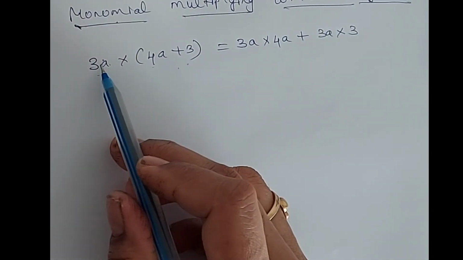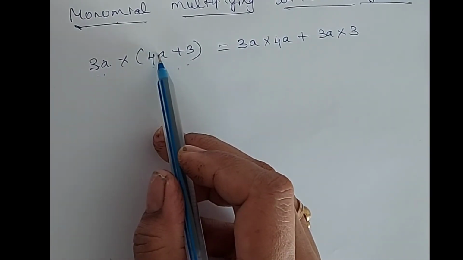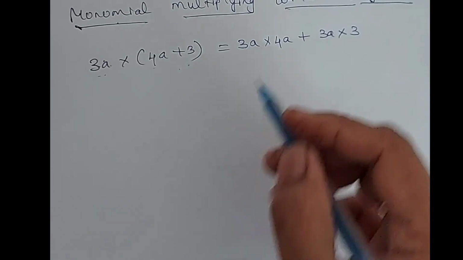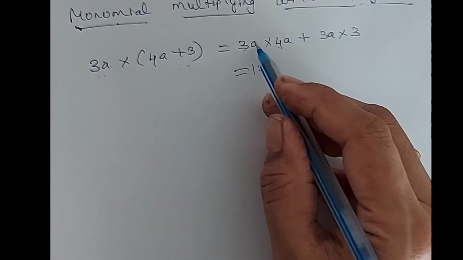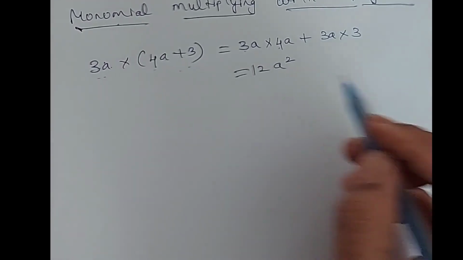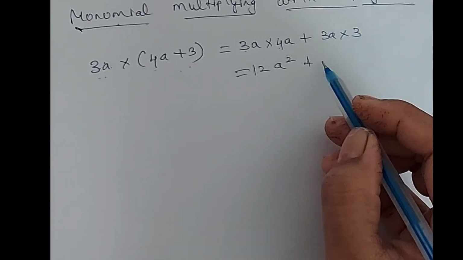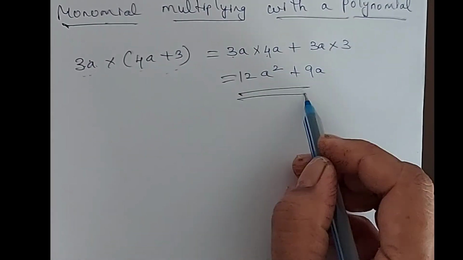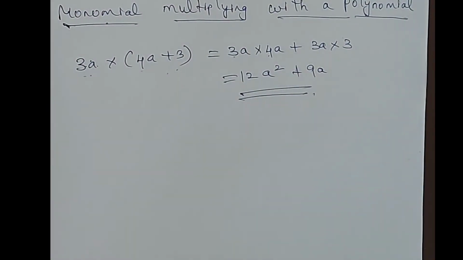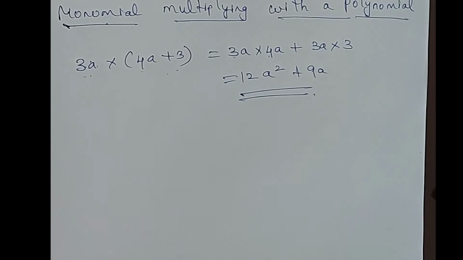First the monomial with one term and then the monomial with the second term. So 3 4s are 12 and a into a is a squared, plus 3 3s are 9, just write a. So our answer is 12a squared plus 9a. Okay children, next